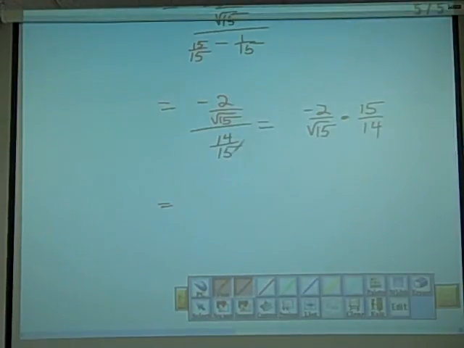Well, at this point, it might be a good idea to go ahead and rationalize this denominator. So let's go ahead and do that. That way we can cancel the 15s out. It'd be a little bit easier to do that. So let's go